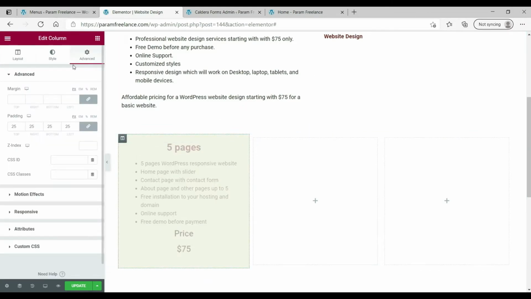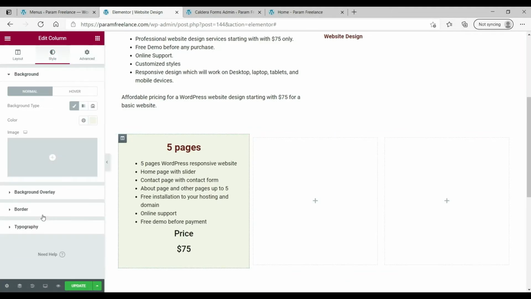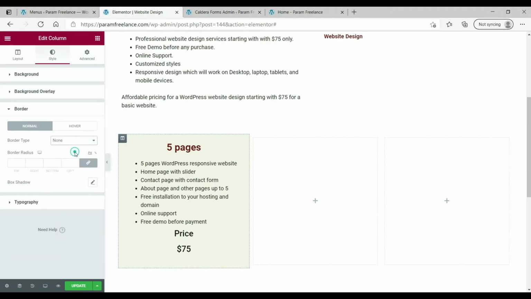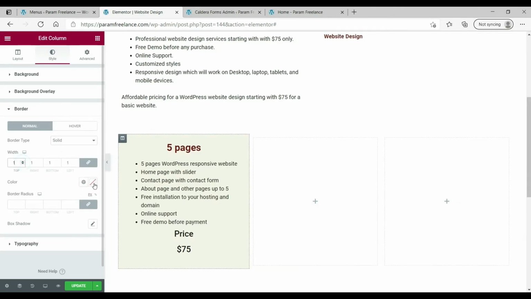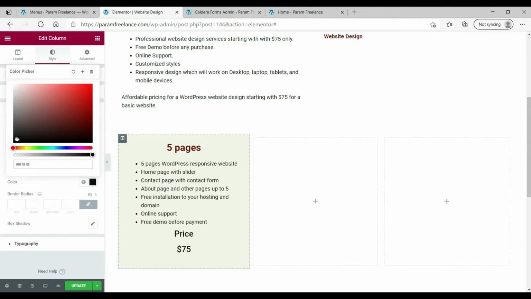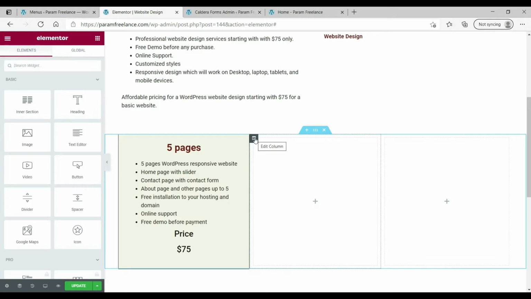Let's add border to this column also. So click on it, go to style, go to border, solid, and 1 pixel to all, and add border to, let's have it black, dark black. Done. Now go to the second column,